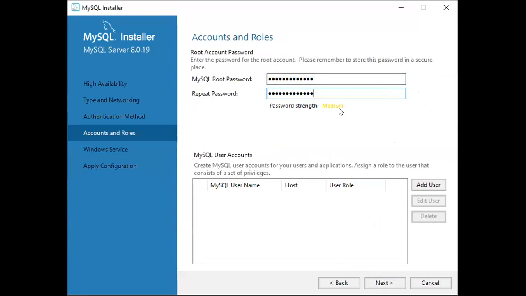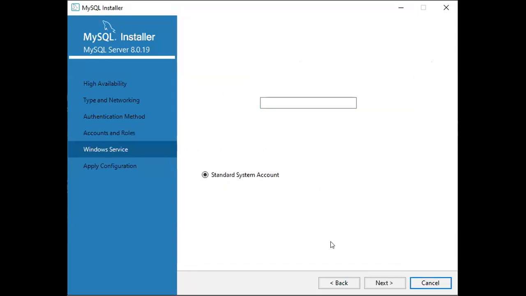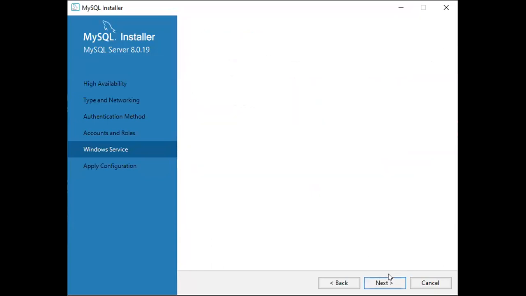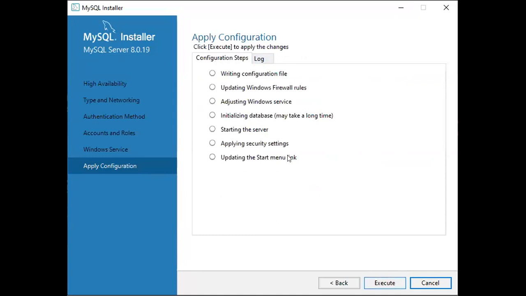And here it is medium. Of course, I'm developing for practice only. I'm not going to secure the database. So that's the reason. No need to worry. Okay. Click on next, and you can give the name by default. This is the server name. That means in your computer, the Windows service will run with this particular name, right? So okay, I want to give the service name as MySQL 7337. So that means you can check whether your server is started or not by going to the process taskbar, right? Click on next. Then click on execute.